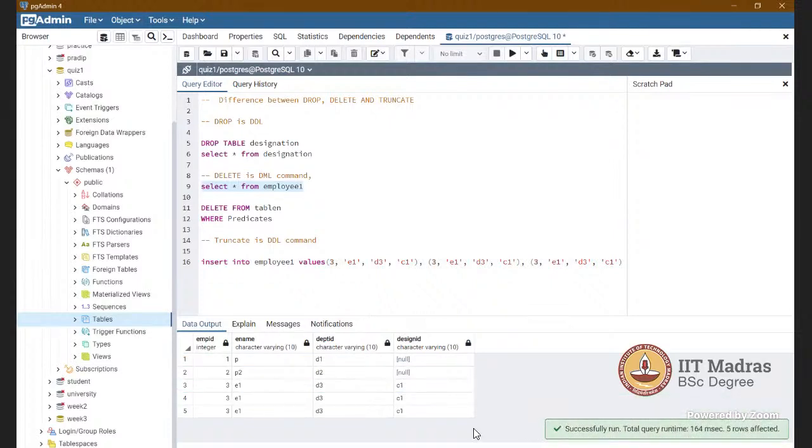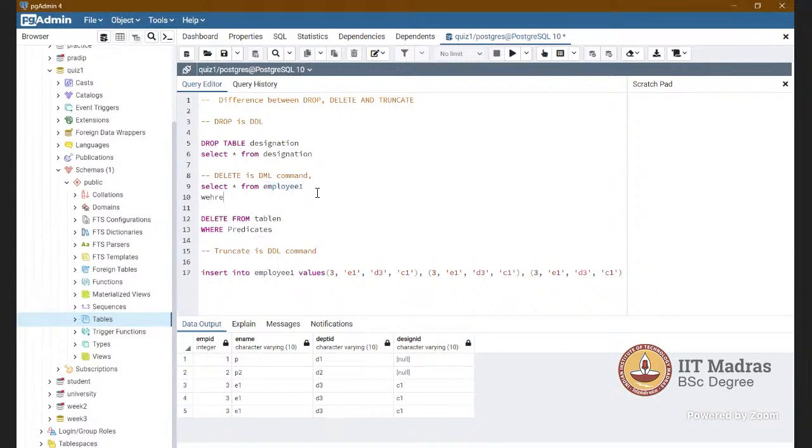Now suppose you want to delete the department ID where department ID equal to D2. So what is the syntax for the query for that?